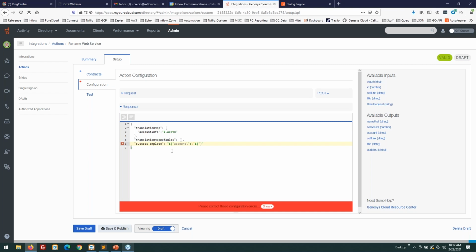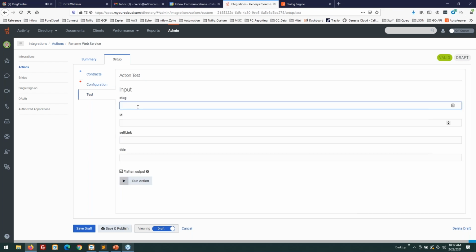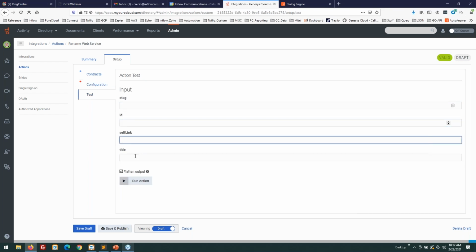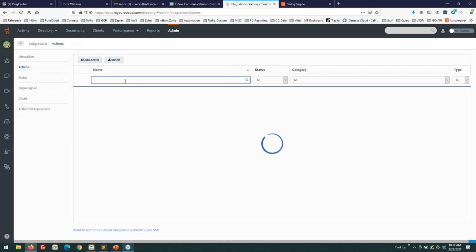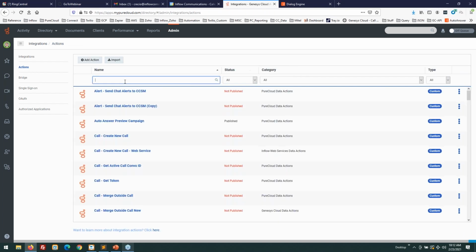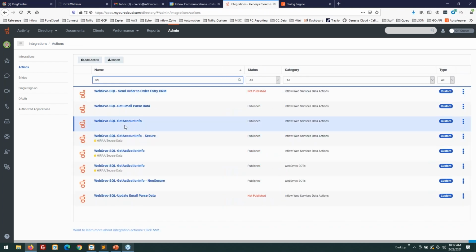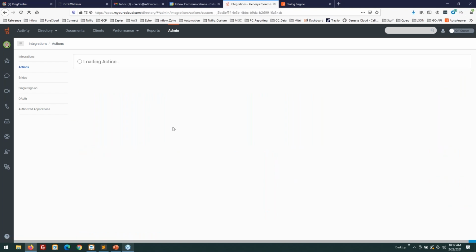These are known as liquid variables, but I won't go much further than this. And this is how we structure the system to say, hey, when I get the information back, I would like to label something called account info, and that's where I'm going to match my data information. Now, all of this leads up to our testing panel here. What we're ultimately doing is setting up a way for us to test the system in real time before we actually go live.